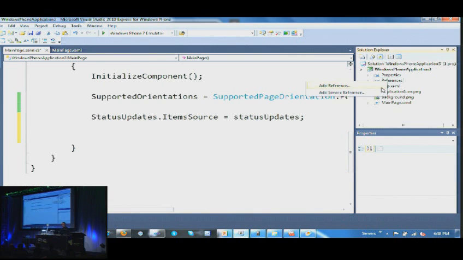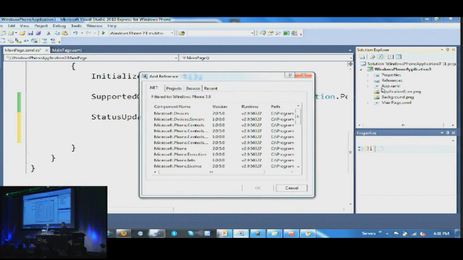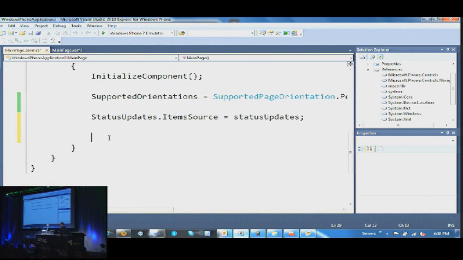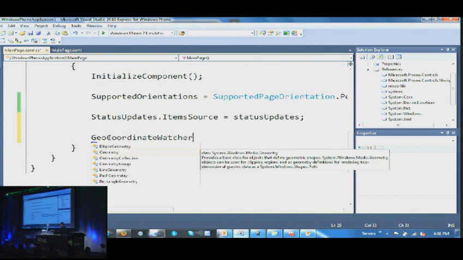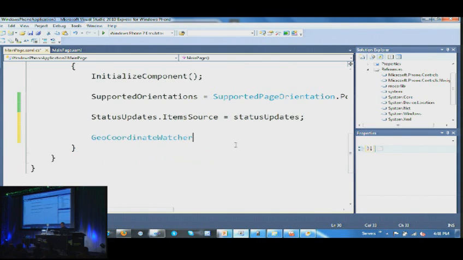Okay, so that's all my UI plumbing done. I need to add a reference. There's an additional assembly which you'll find under system.device.location, and I can now get a geo-coordinate watcher. So if I add the using statement for that,